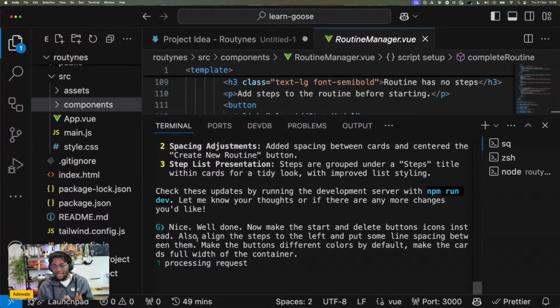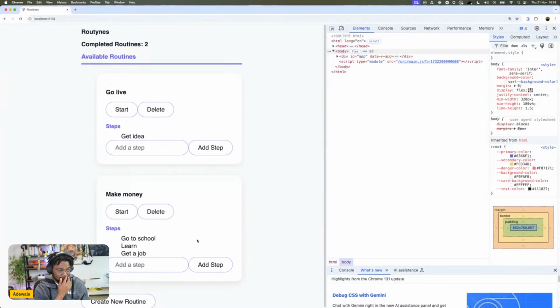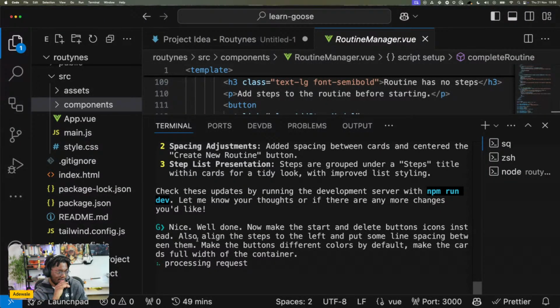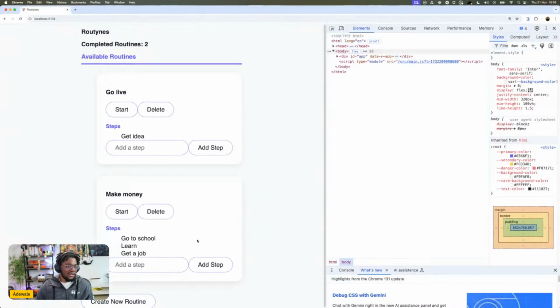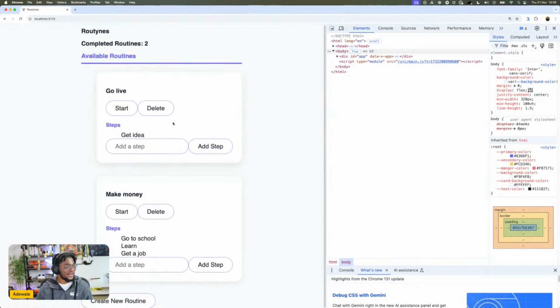This is probably my last instruction before we wrap it up, call it a day. But I think with just some of these instructions, we've been able to build a very, very simple application. Now I'm asking it to probably install an icon package because that's what it's going to use. That instruction is probably confusing a bit as well, because I'm like, make the start and delete buttons icons. But that's ambiguous. But yeah, in less than an hour, we've built a functioning